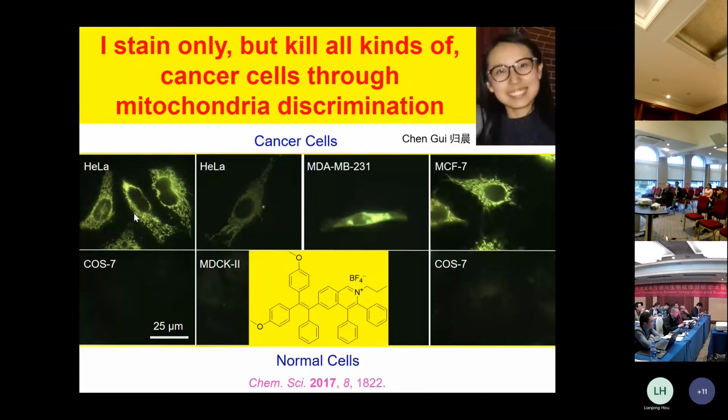Cancer cells have more mitochondria in number. Both of these two factors will attract our positively charged AIEgen to the cancer cell, to internalize and to accumulate in the mitochondria. For our AIEgen, the more the aggregates, the stronger the emission. That is why eventually the cancer cells become very, very emissive, much more emissive than the normal cells. So this will enable us to easily differentiate cancer cells from normal cells.